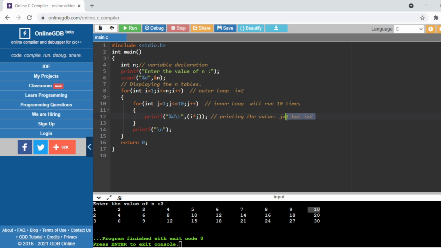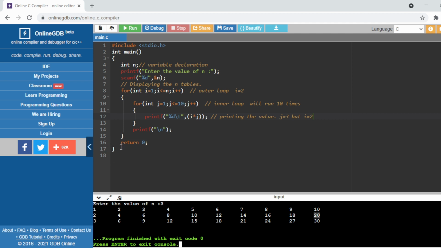So 2 into 1, that's why it is 2. After that it will go back to the inner loop. Now the new value of j is 2, but the value of i remains 2. So that's why it is 4. Like this, the new value of j equals 3, but the value of i remains 2. So that's why it is 6. After that 8, 10, 12, 14, 16, 18 and 20.